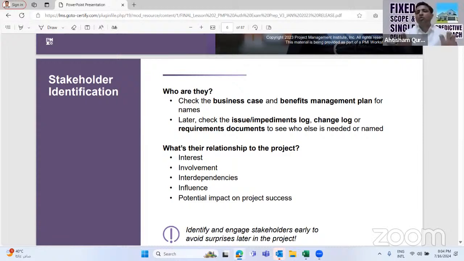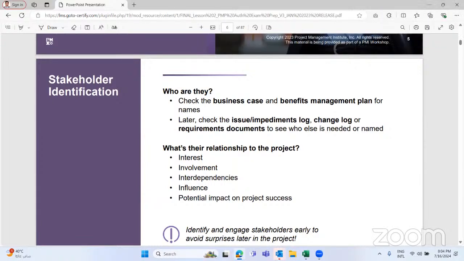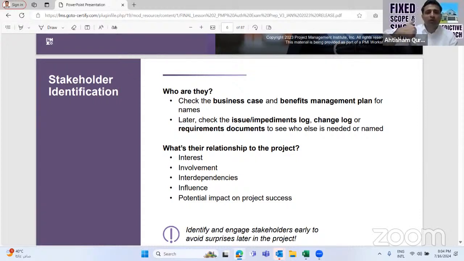So what skill are we using? Nothing. We are not interviewing. We are just going back and looking at our documents, and we are seeing the business case and benefit management plan. Make sense? So you use the documentation review technique, in which you study two documents which you already have from the creation of the